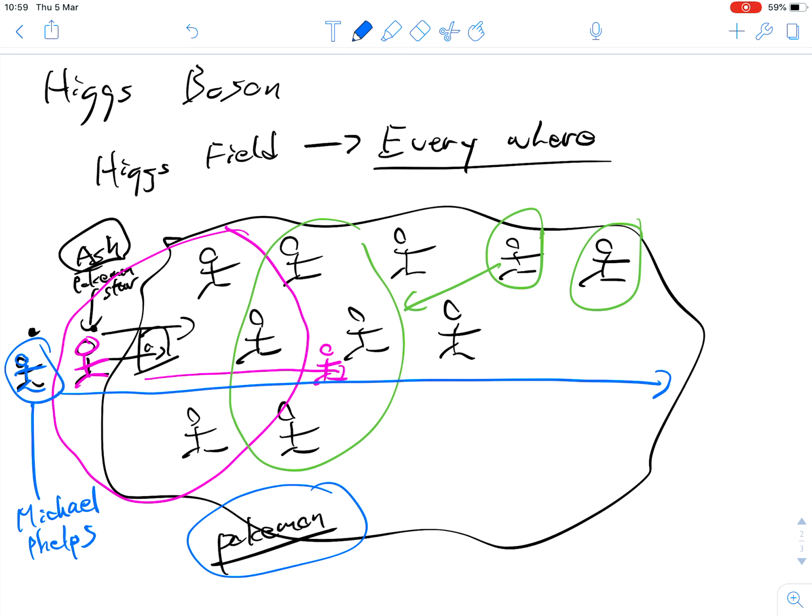So when a particle doesn't interact with the Higgs field, it doesn't create any mass because nobody is drawn to that person. Okay, so you can certainly adapt this for any other leisure activity, whether it's books, movies, sports, and anything else out there. Okay, so that's the Higgs boson field and how the Higgs boson particle works in interacting with the field.